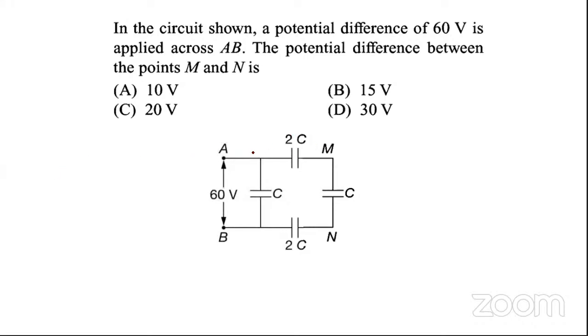See, first of all, in this circuit, we are given a combination of different capacitors, and we are required to find the potential difference between M and N. That is the potential difference across this capacitor. So to find this, we first have to calculate how much charge is being distributed along these capacitors. And to do that,